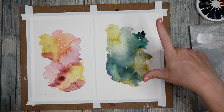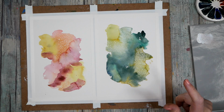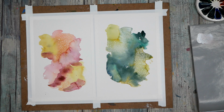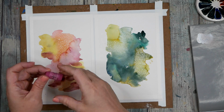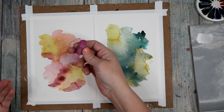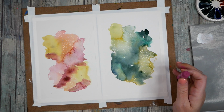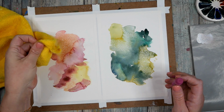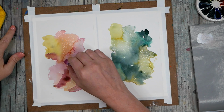Okay, so that was pretty excellent. I'm going to use some of these Jack Richeson's pastels because I'm currently obsessed with them. They're so beautiful. Let's just grab some colors. Look at that. Whoa, that is a color! And I've got my microfiber cloth over here. So when you're working with pastels, you really need one of these cloths. It's a cleaning cloth. You get them over there